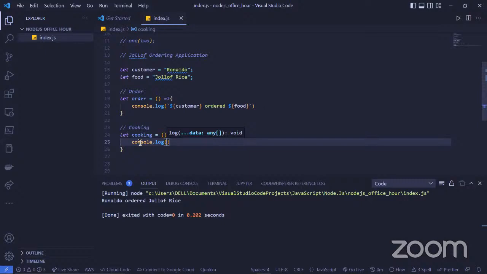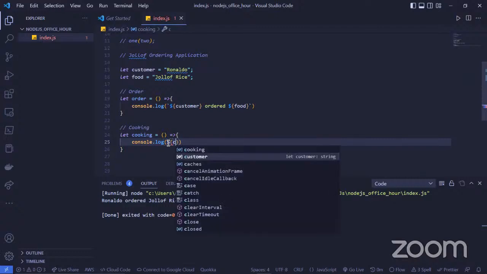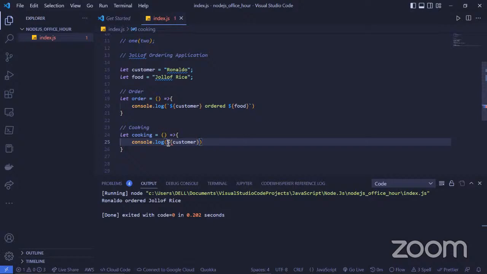I'll just quickly explain scope. Take, for instance, I take this out, especially this customer, because that's the only variable we'll be using here. But let me just write what will be customer.